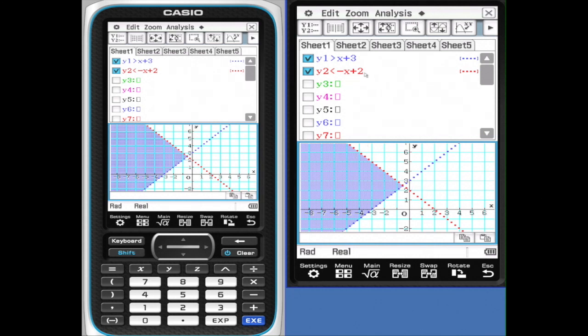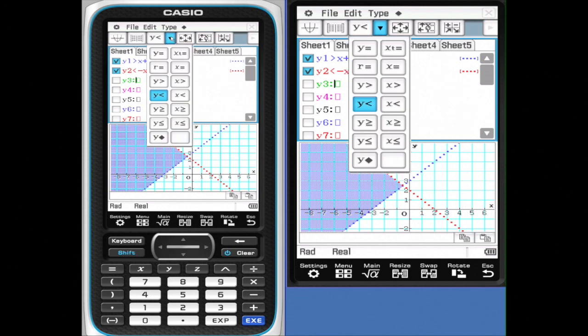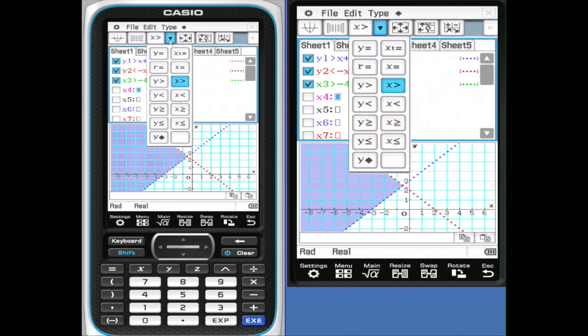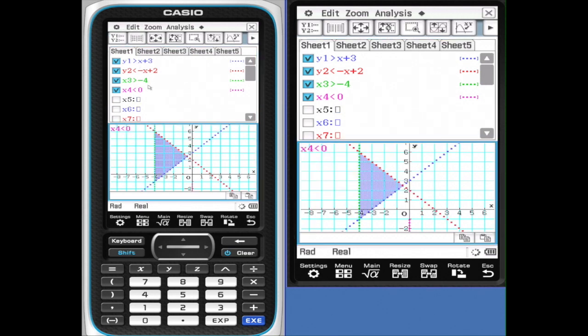Let's say you're dealing with linear programming. Let's throw some constraints in for x. We'll tap in the green, pull down, we'll go inequality for x. x is greater than negative 4, and x is going to be less than 0. Execute. We're currently in the intersection of all, so when we tap graph, we will see only the intersection of